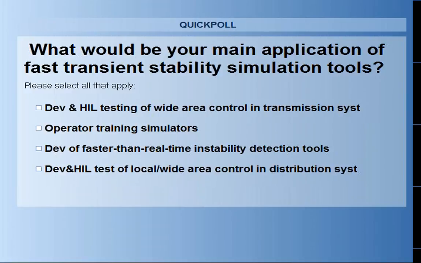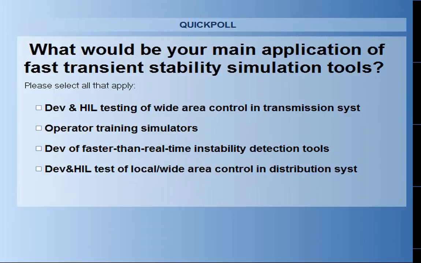What can you achieve with ePHASORSIM? You can develop a full operator training simulator with ePHASORSIM. We can use ePHASORSIM to test your SCADA system, communicating using standard industrial protocols. You can develop your own models in ePHASORSIM and integrate them within a larger network to study the effects of your model, say, of a controller or a protection scheme or a new power system device, and see how that plays out within the context of a large power grid. You can use ePHASORSIM to analyze cybersecurity scenarios, power security situations.